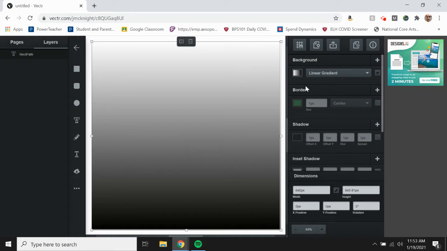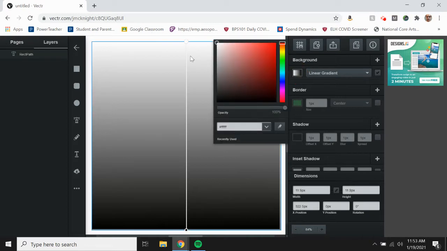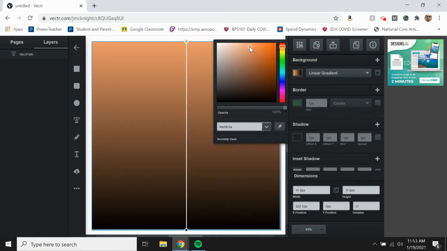I don't want that. So what I'm going to do is I'm going to click right here where you have the gradient and a little line will show up. So no matter what shape you're doing, how big or small it is, you'll have this line, and this line tells you the colors that you have. So there's a white circle up here and a black circle down here, because that's the colors that are chosen. So I'm going to click here, and I want my color to be more of like an orangey